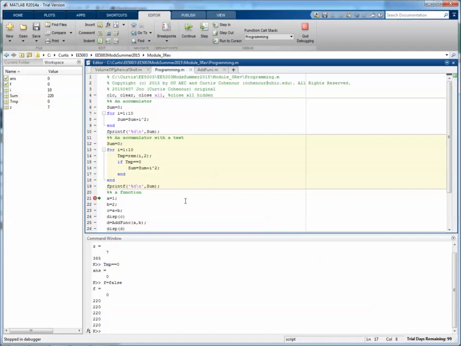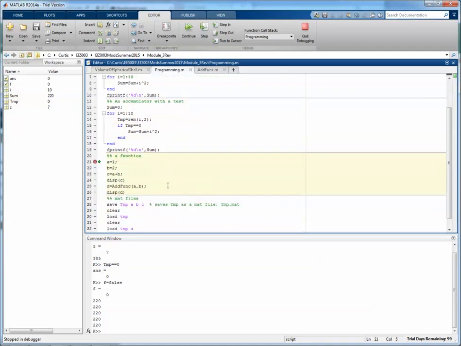All right. So now let's look at a function. Now a function's a little different. So I have a equal 1, b equal 2, and c is equal to a plus b. So obviously 1 plus 2 is 3. Step, and so I'm going to display c, and the answer is 3. Now I have a function,